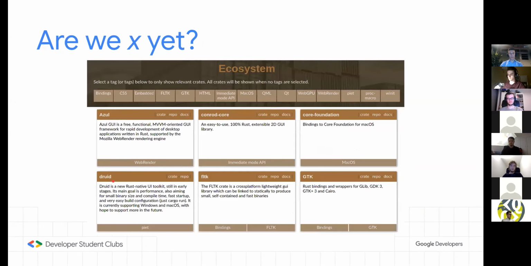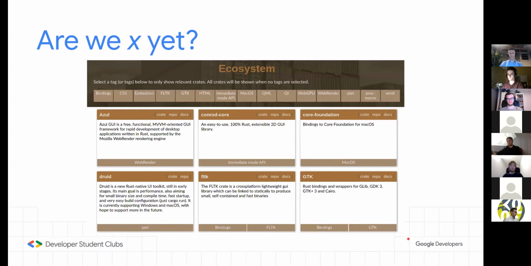So then there's also this other cool thing, which is "Are we X yet?" This is a collection of websites, and they show you the progress of the libraries from certain fields. So for example, we have Are We Web Yet, which shows you all the web frameworks. And right now, the Are We Web Yet website at the top shows, yes, we are, and it's freaking fast. So if you're not sure if Rust is suitable for a specific field, you can always check these websites and they show you a list of all frameworks with a bit of information.